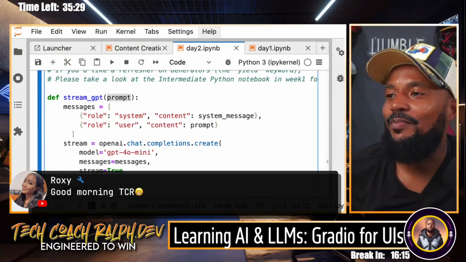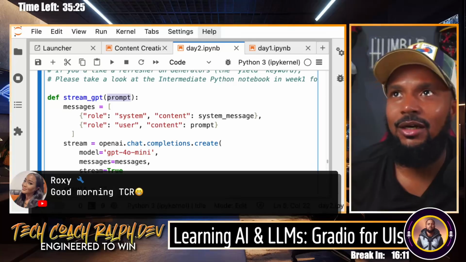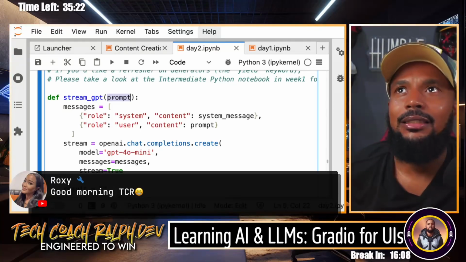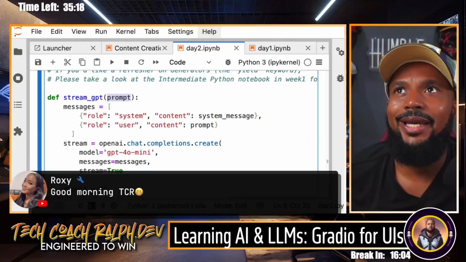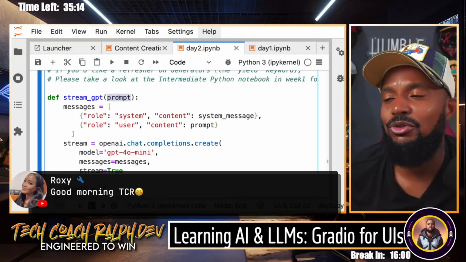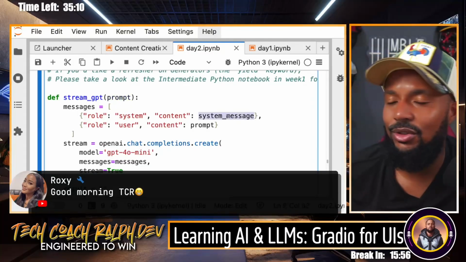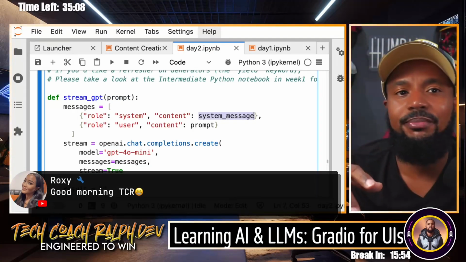All right. So prompt is what we're asking it to do. If we're like prompt, I need the formula to make the most amazing ribeye steak, right? So that's what you'd be passing into the prompt. And the system message, for those who don't remember, the system message would be